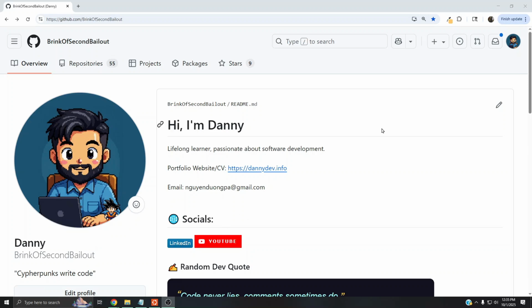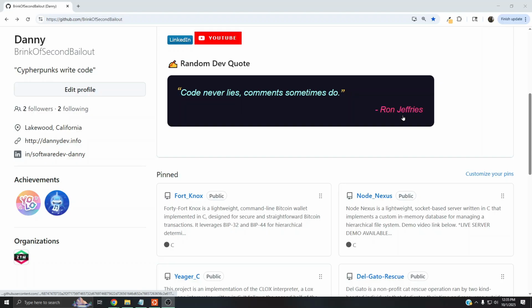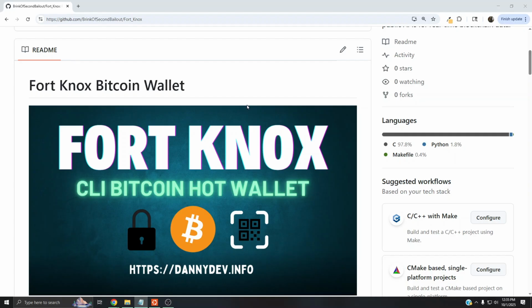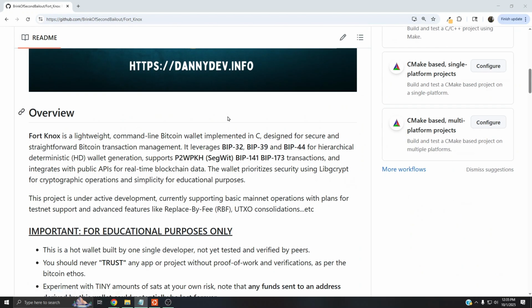My name is Danny. Today we're going to talk about my new project that I built in C called Fort Knox. Fort Knox is basically a Bitcoin hot wallet that I built using standard double SHA-256 and HMAC hashing algorithms. It's pretty much a complete wallet implementation, and you're able to generate a new wallet or recover an existing wallet. From the seed, you can derive as many addresses and key pairs as you like, and they have all been tested with the official test vectors to make sure that the key derivation is correct